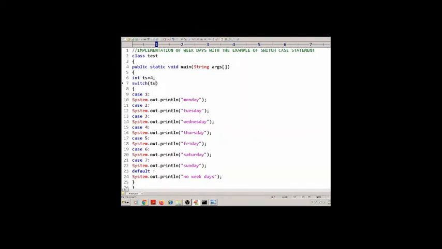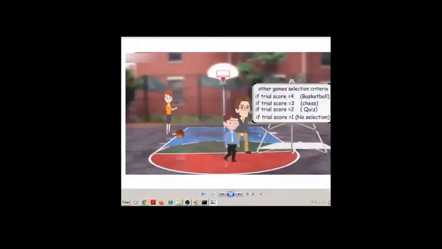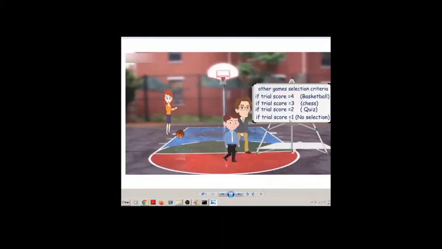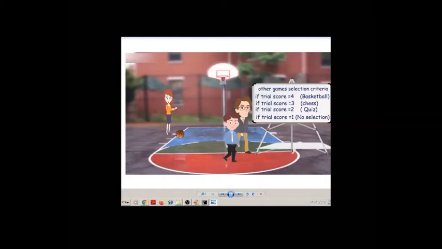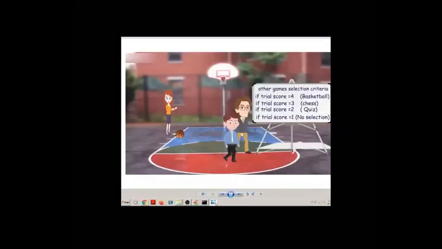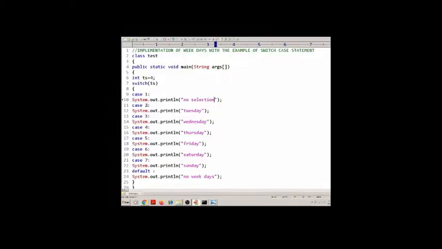So case 1: when the trial score is 1, no selection.